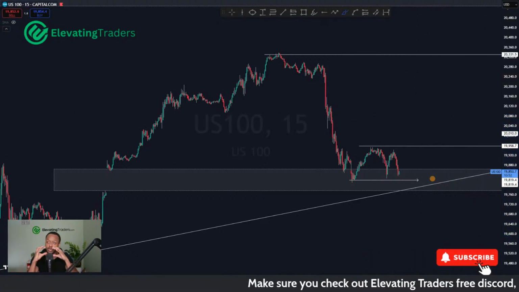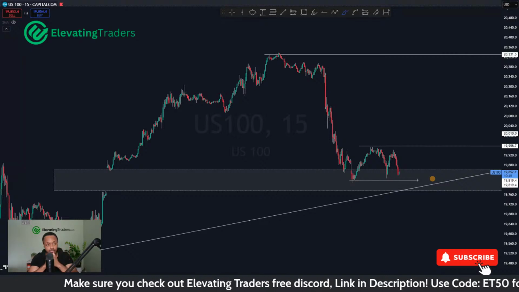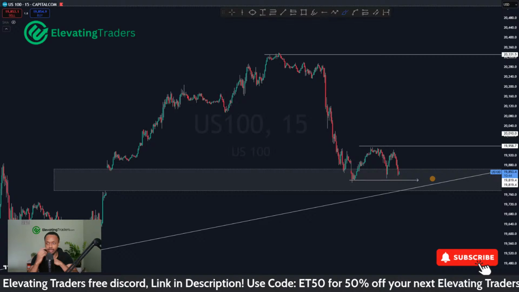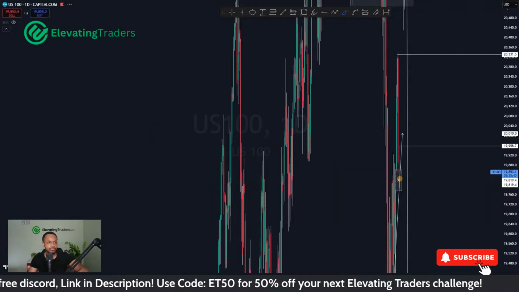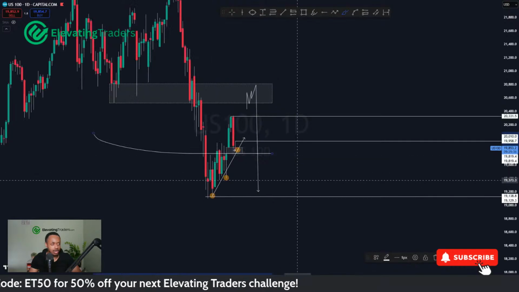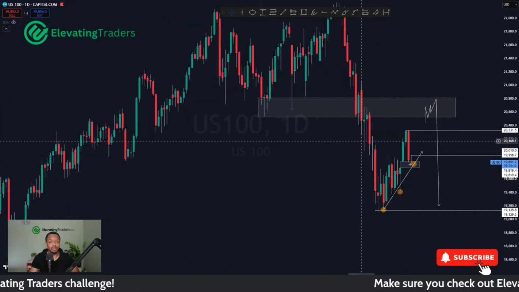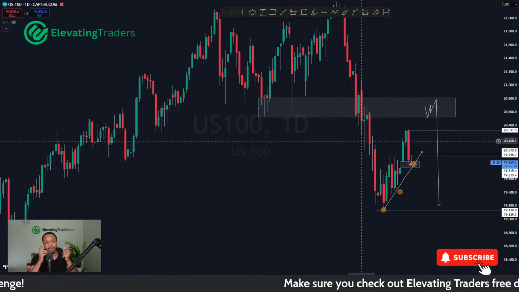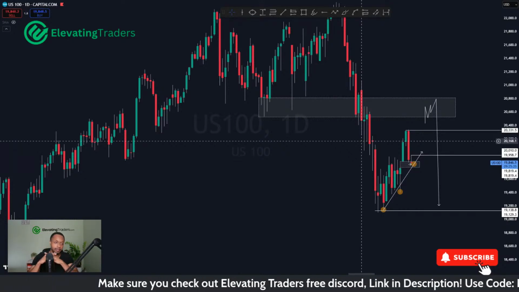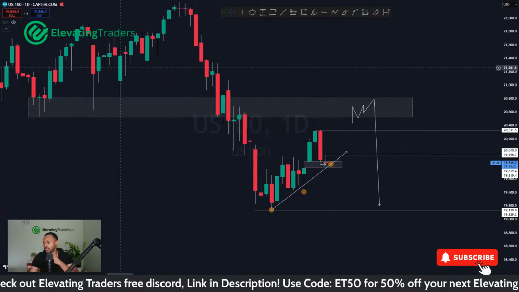But in terms of the location for buys, I think it's really, really solid. You've got a gap there looking to fill. You've got a nice trend line on the 4-hour chart. And I think overall, in general, price is likely to push up higher. We've got such a big level there on the daily chart, which I think there's a good chance of a retest of 2600. So if we are going to go test that, most likely we need to find some support at some stage and keep pushing up. And here's a nice time to find that as well. So yeah, I do agree with that.